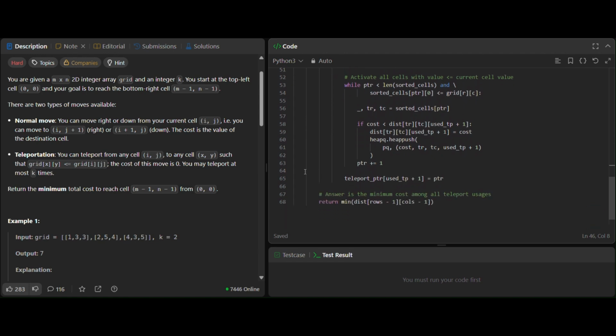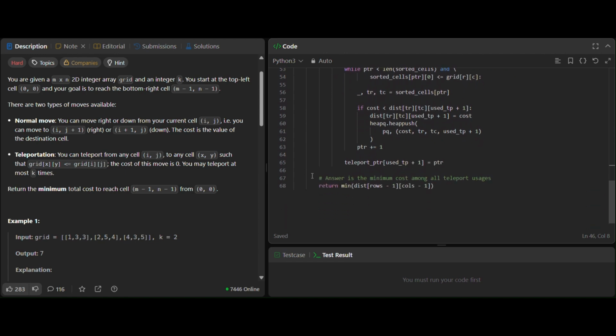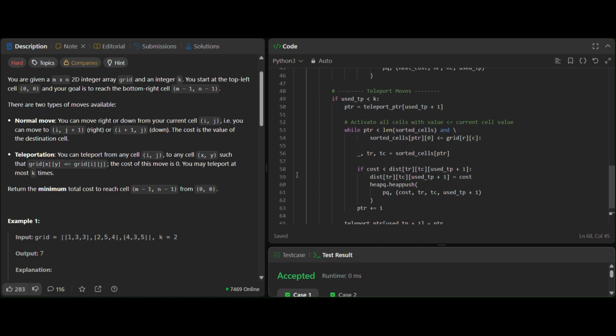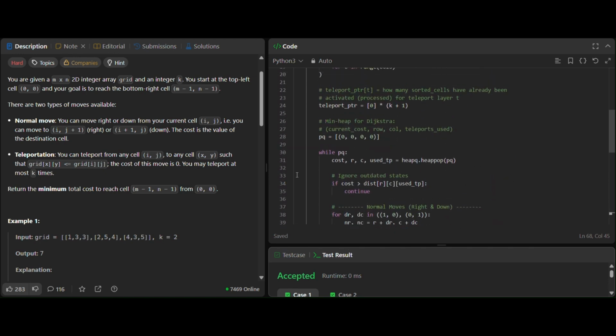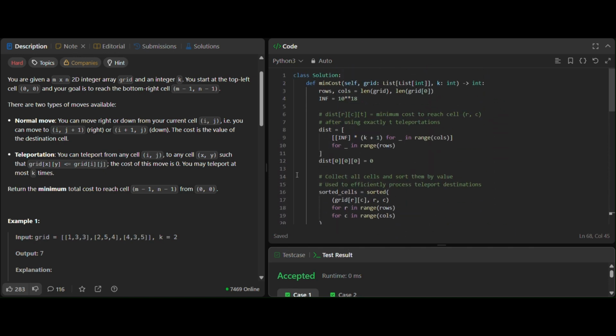Common mistakes and edge cases: treating teleport as a free unlimited jump, not tracking teleport count as part of state, reprocessing teleport destinations repeatedly, and using BFS instead of Dijkstra when weights exist. Recap: expand state to include teleport usage. Use Dijkstra. Optimize teleportation with sorted activation. Interview tip: when a problem allows jump anywhere, the trick is almost always